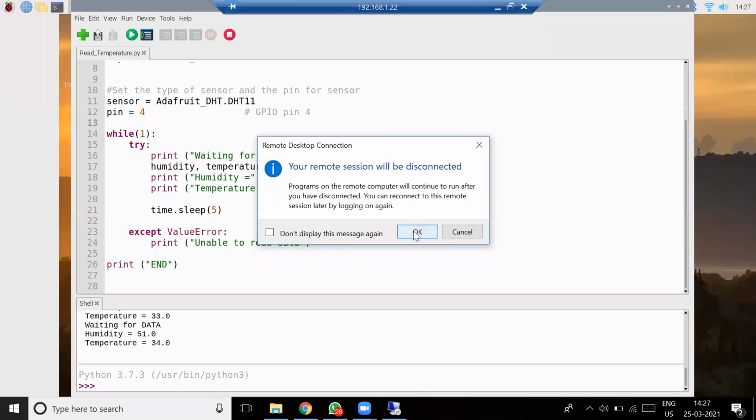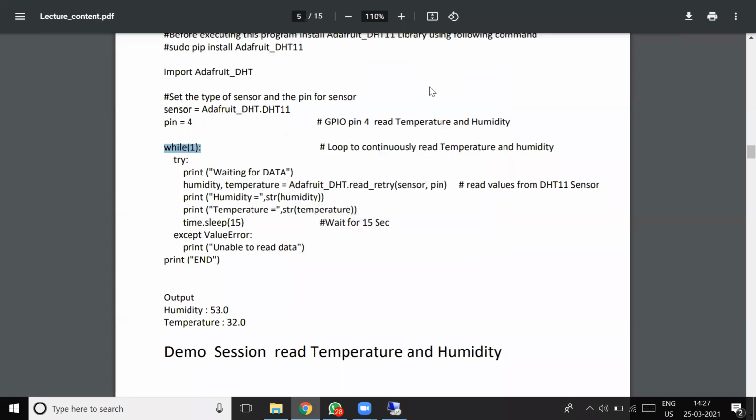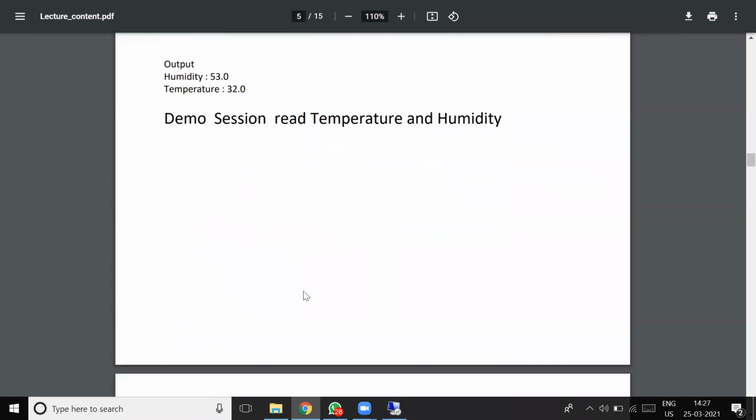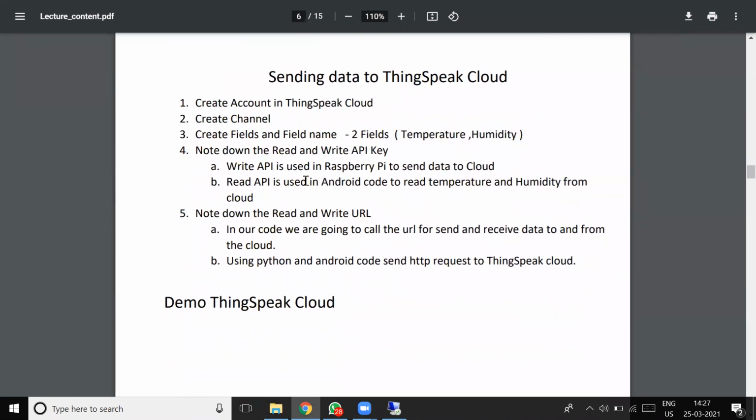Okay, now I close the connection. The next step is we have to send the data to the ThingSpeak cloud.